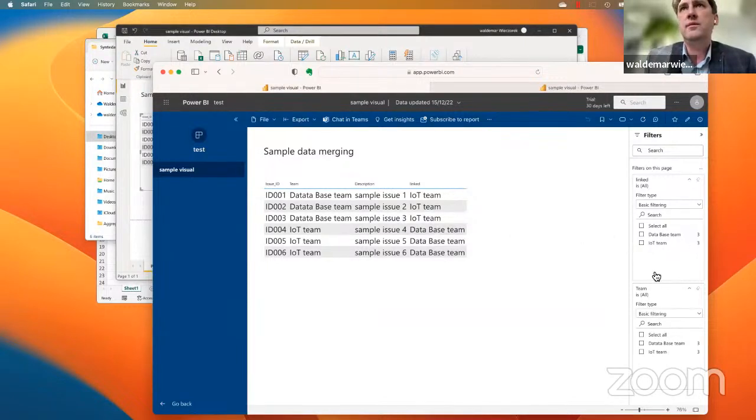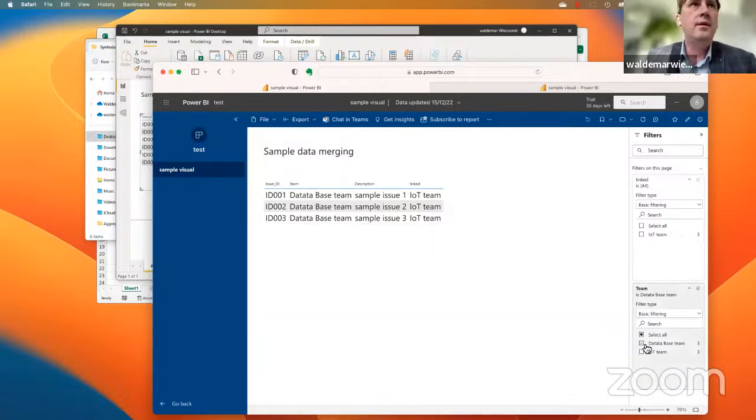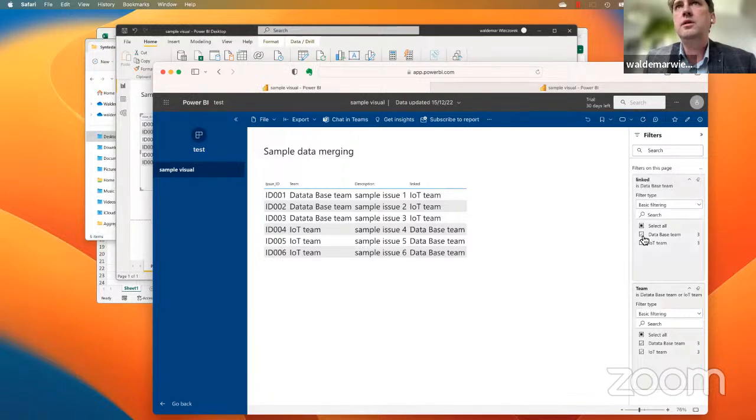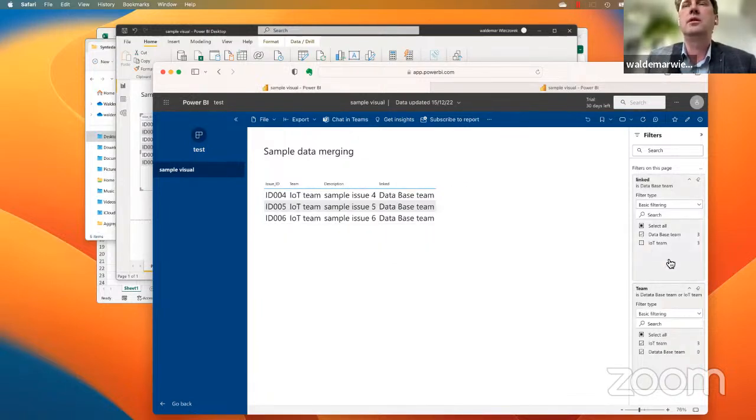You have this filtering mechanism. So imagine I work for the database team. Okay. So we have created these issues. We have them. We are working on them. Okay. But of course, what could affect us? So we see that IoT works on some other issues, and maybe we should know something more about that. That's the way.